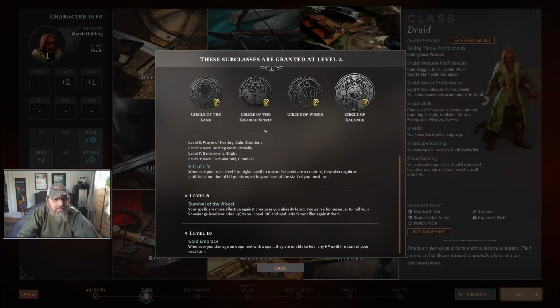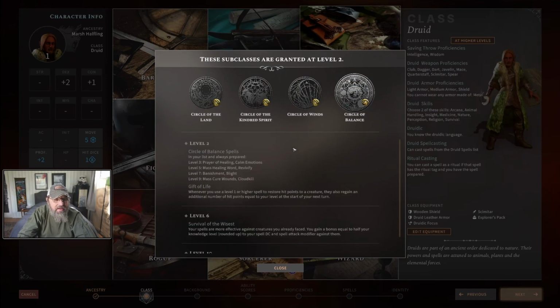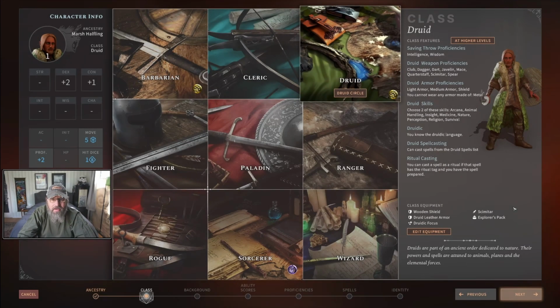I do really like this Circle of Winds as well. I just don't think I'll remember to use that Sheltering Breeze. I think this one, I think I'll be okay at. And it doesn't matter. Again, we don't have to pick it till level 2, but we've seen it. We'll go over it for now. Intelligence, Wisdom, Light Armor. We'll get some Druid skills. Yep. I think I'm fine with the...